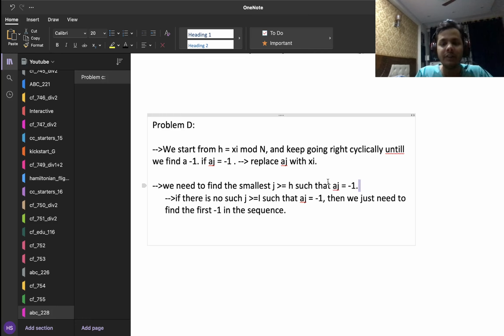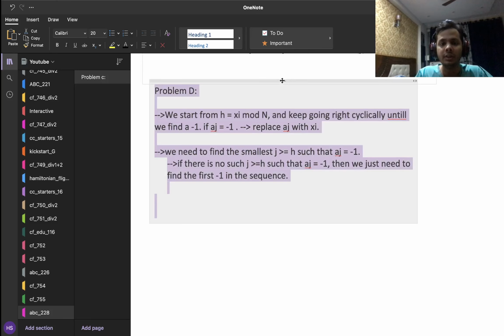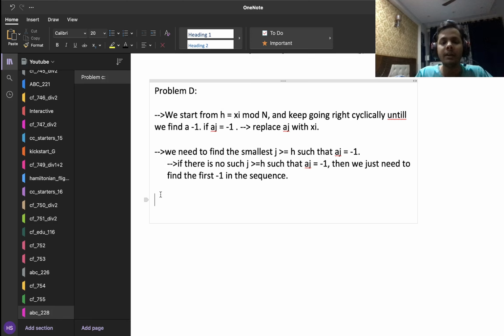So this is case 1, when we have index j such that a of j is equal to minus 1 to the right of h, and that will almost always happen. Very rarely it will not happen, and in that case we just take the index of the first minus 1 in the sequence. This is not a very rare situation. If you are experienced in competitive programming, it is highly probable that you have faced such a situation before. In such situations, we want to find the index of the first place where something is happening. So what we do is we keep a set, and in the set we keep only